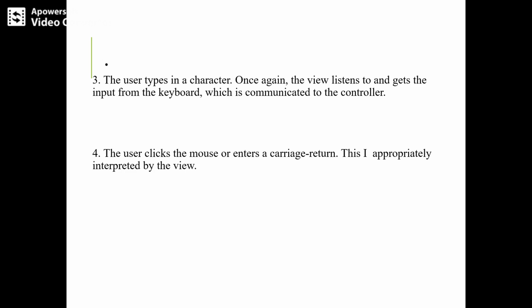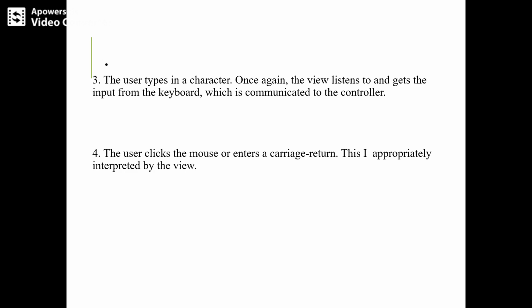So whatever we communicate to the view will always go to the controller, which notifies the view that the user types in a particular character, one by one. So in drawing a line or adding a label, it will take one character at a time.